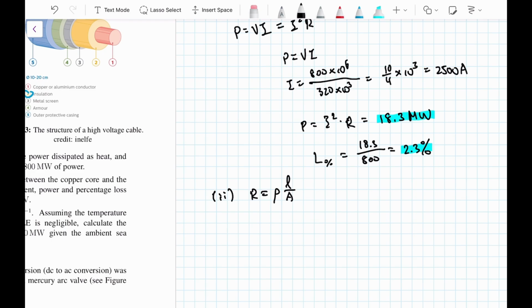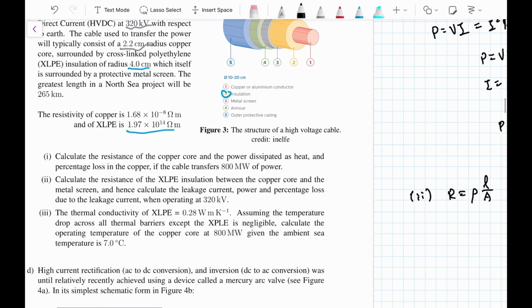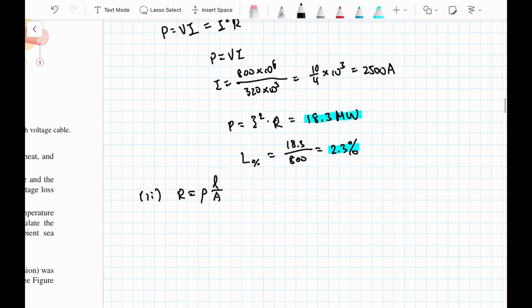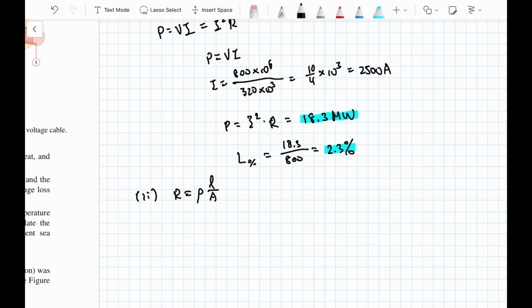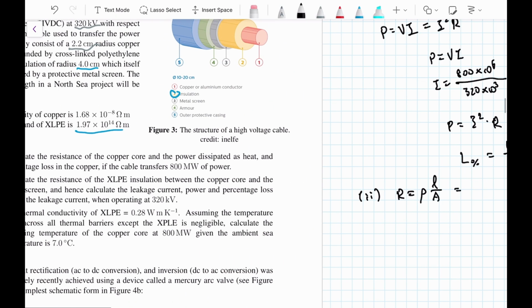I think we should take it as the area in contact with the XLPE insulation. So first of all, the resistivity is given as